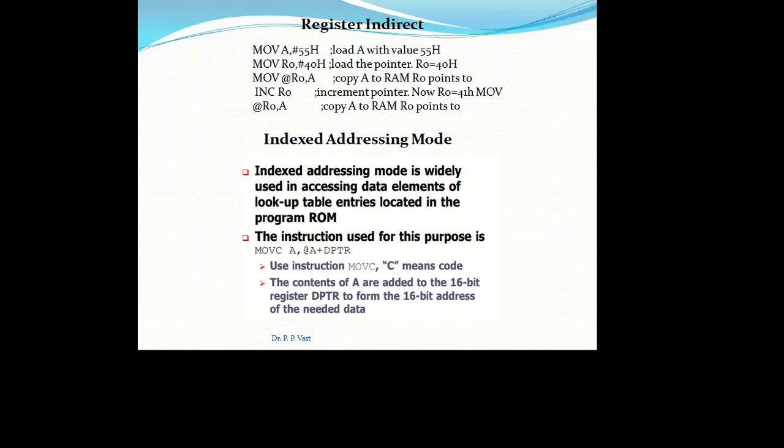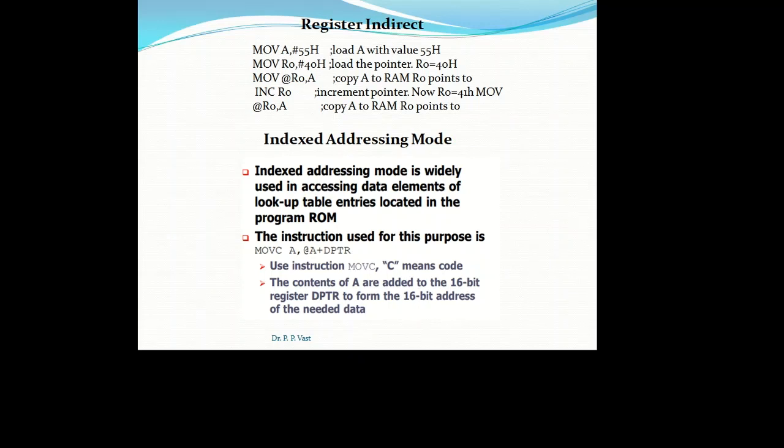So this indicates that whatever is the content of the accumulator, we have to save at the location indicated by R0. Now R0 has the data 40H. So whatever the memory location indicated by R0, that is @40H. The 40H data is not the actual data, it is now an address, a memory address. So whatever the accumulator data is, that is 55H, will get saved at the memory location 40H.